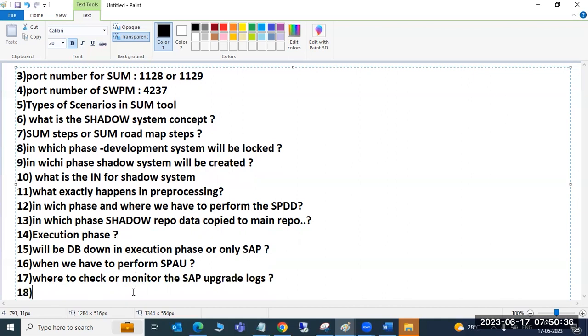Otherwise at the operating system level, if you go to the USR, as I told you, navigation, right? USR, SAP, SID, sum, and above that under the log folder. At least you can remember the folder up to there. Under the above folder there is a log folder, where it will be stored. So this is common for every log.